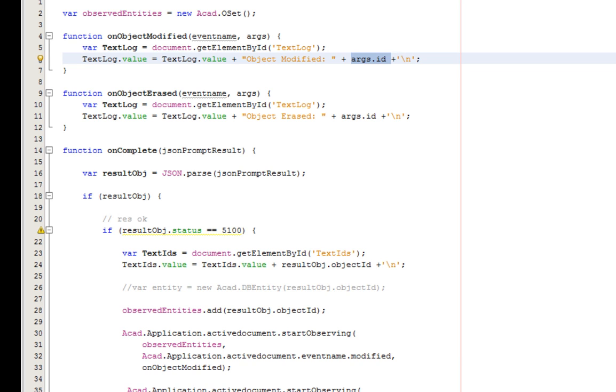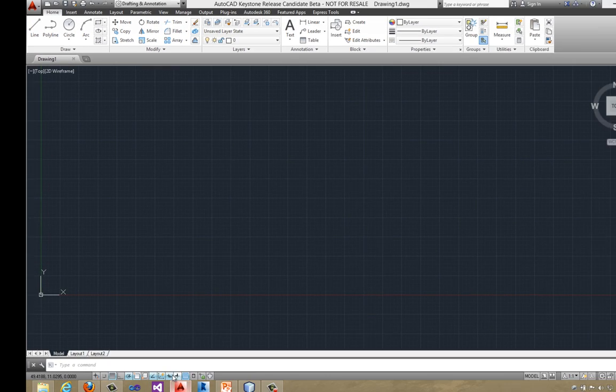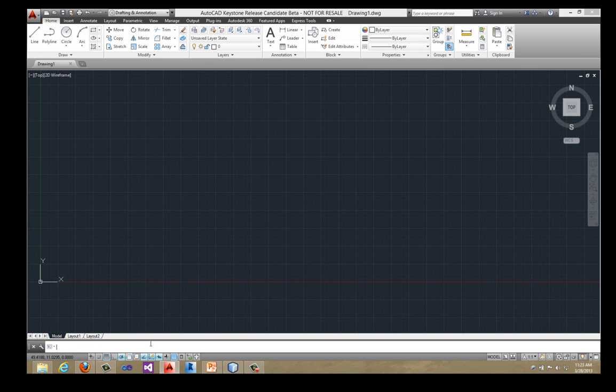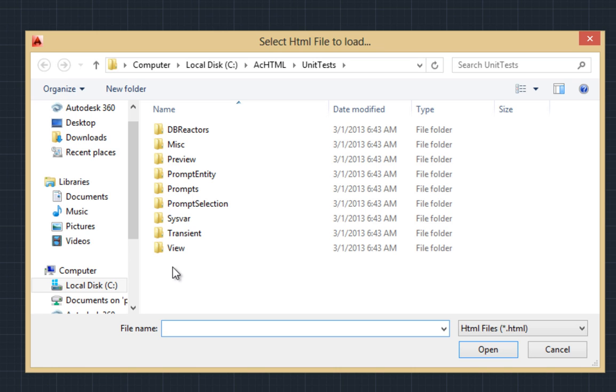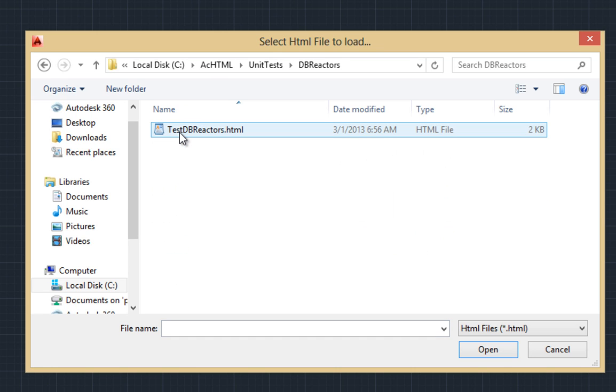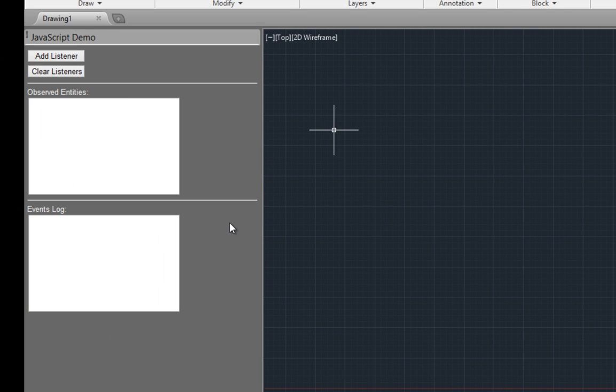So let's take a look at how it looks inside AutoCAD. I'm using my ADN.js demo command. That method is being defined by my iris, and it allows me to select a specific HTML page on the disk, in that case the DB reactor. Here you can see the result of my HTML page being displayed inside the palette, and I'm going to create